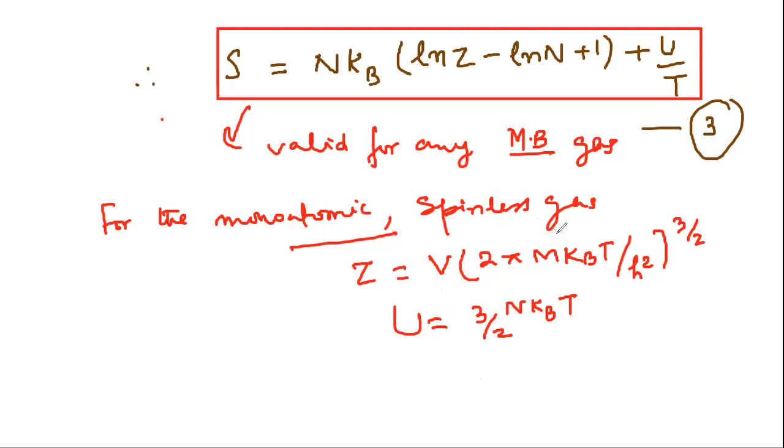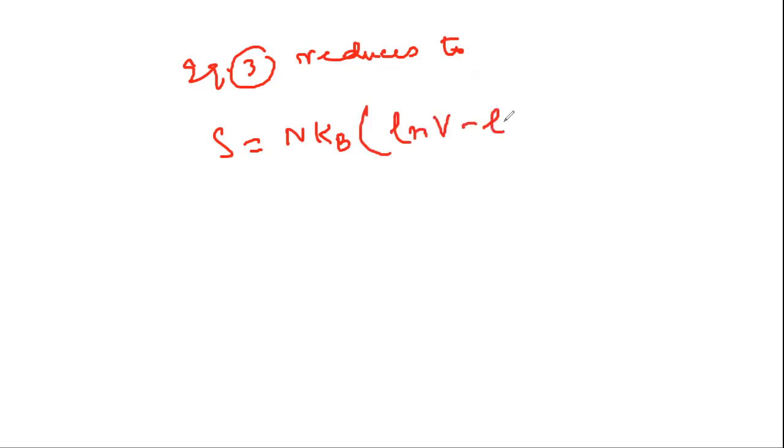So for monoatomic spinless gas making use of Z equal to this and U equal to this, equation 3 reduces to S is equal to N KB times ln V minus ln N plus 3 by 2 ln T plus S naught. I name it 4,